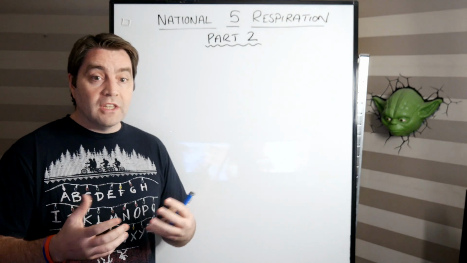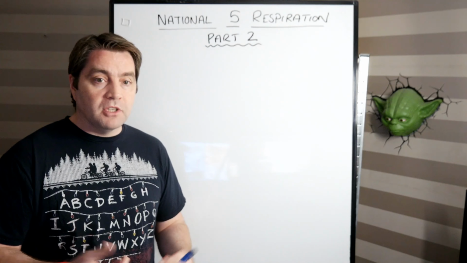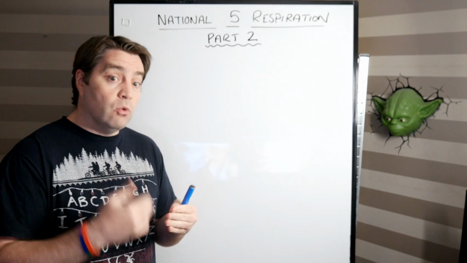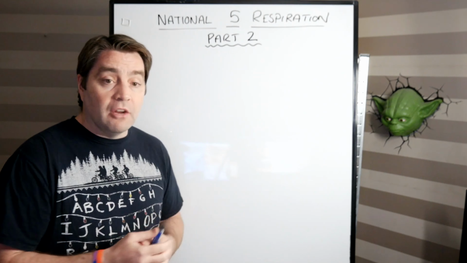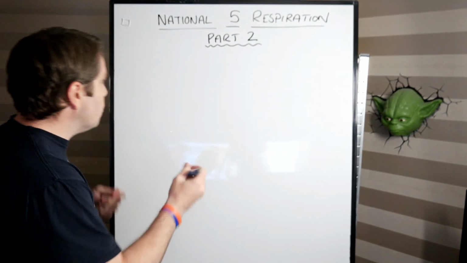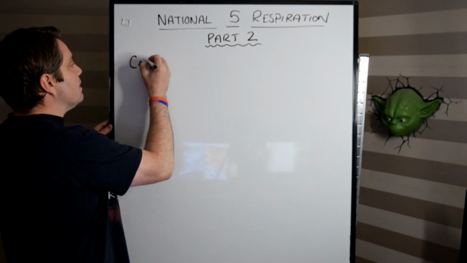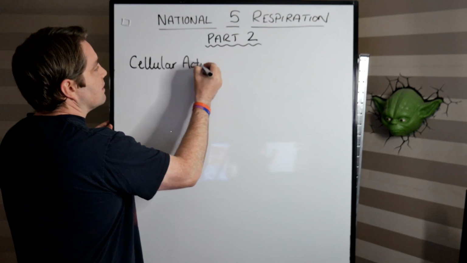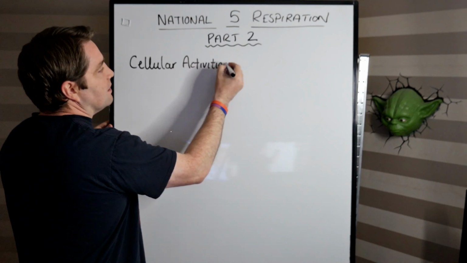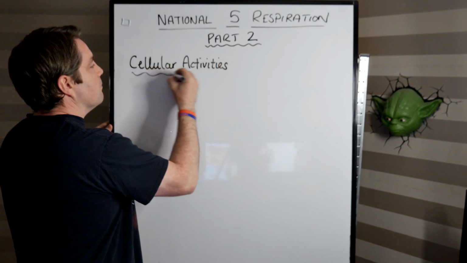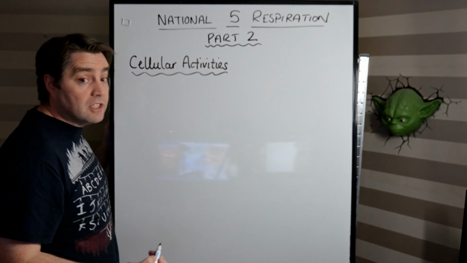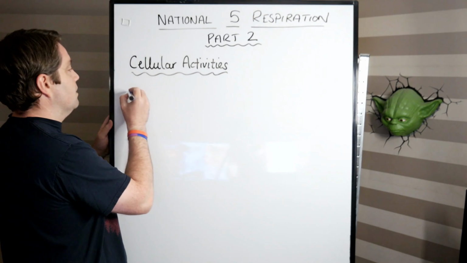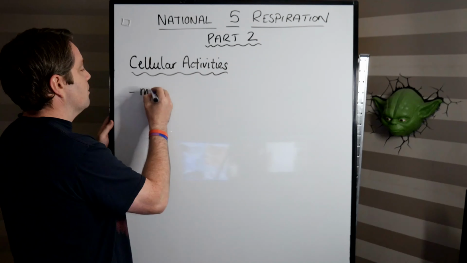So, in addition to knowing the reactions that take place in respiration, you also have to know why we produce the ATP and how we produce the ATP in that respiration reaction. So first of all, let's look at some of the cellular activities that we need to produce the ATP for, okay? So there are 4 main cellular activities that you need to know about for your exam, and these are the reasons we produce ATP. So the first one is for muscle